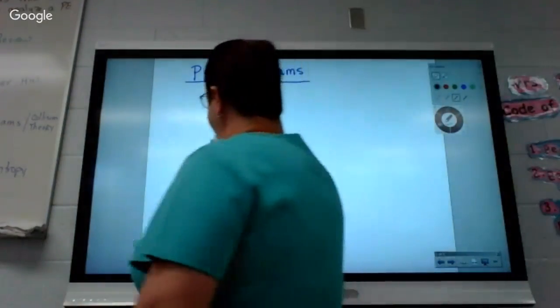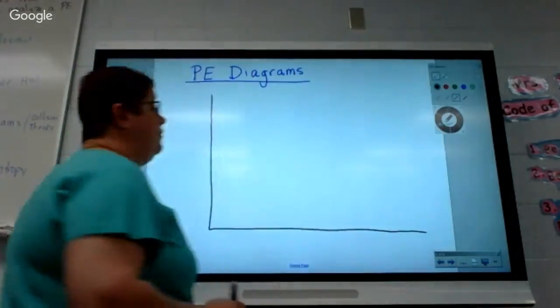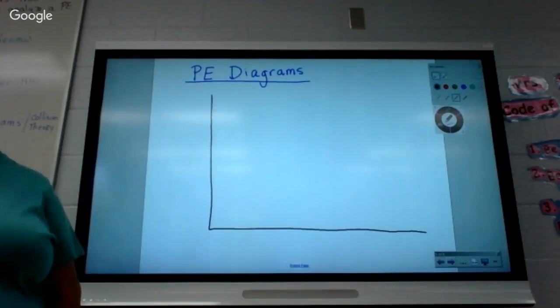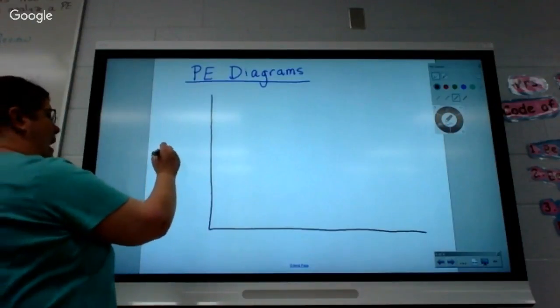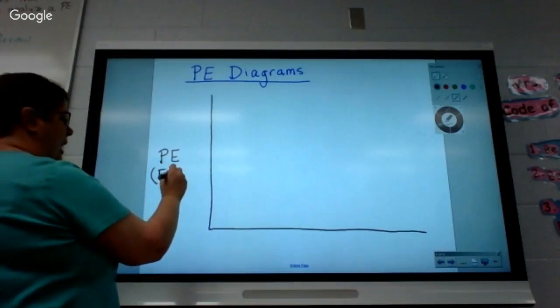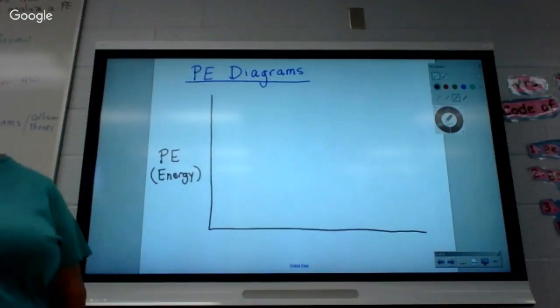Now, a potential energy diagram. You're going to have to be able to read these. I would almost bet that you will see one of these on your exam somewhere. I don't have much money, so I'm not going to bet money. But I would be stunned speechless if you did not see one of these on your exam in the 45 questions somewhere. Now, over here on the y-axis, you will see something about potential energy or energy. I have no way of knowing how it will be labeled because I never get to see the exam.